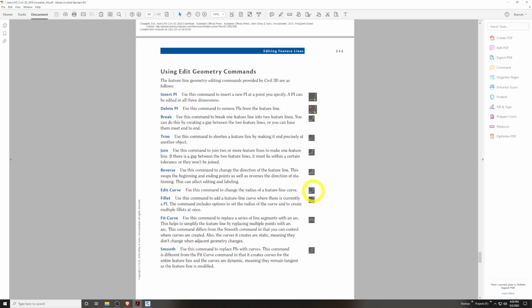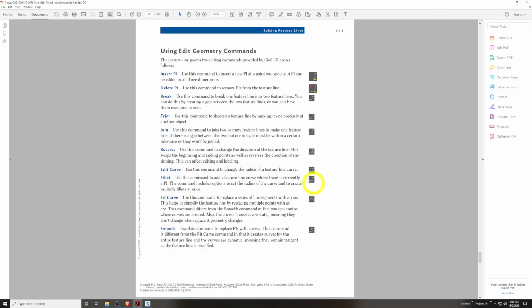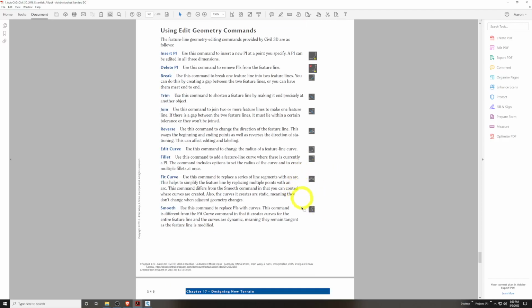You can edit a curve to basically change the radius of a curve, or you can delete out a curve by hitting the delete prompt before you go any further. You can add a fillet, which is where a PI is, where there's no curve. Basically, you can add a curve with a radius. You can add a fit curve and a smooth curve. And there's even more options. I'm in Civil 3D 2022, but it's very similar still for 5-6 years ago. Fit curve